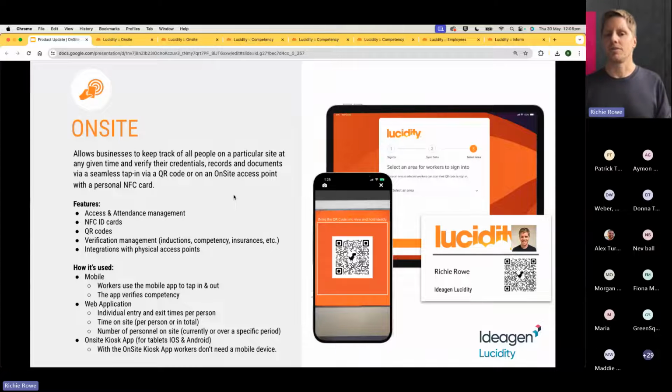One thing you'll notice as we go through this is we're using a range of different devices to manage workers on site. So often workers have a mobile, as I mentioned. We'll have the OnSite Kiosk App, and then in the back office, managing reporting, we've got the web portal. So you'll see me moving between these in a moment as I start the demonstration. So what I'm going to do now is switch to the OnSite Kiosk tablet view, and I'll begin to show you